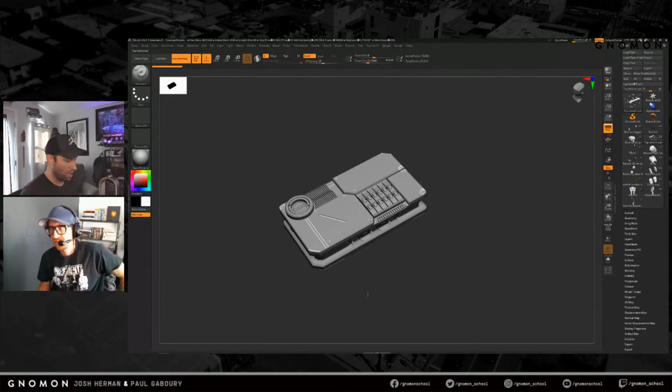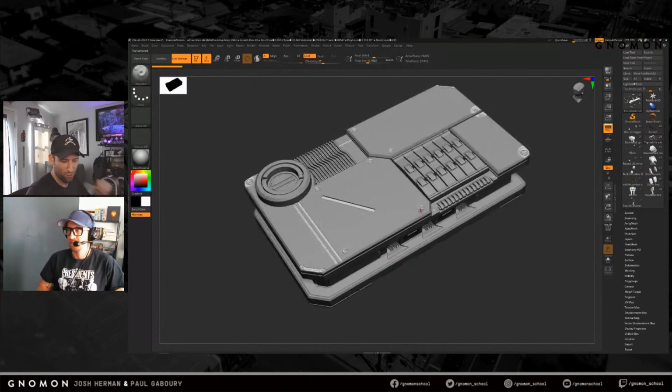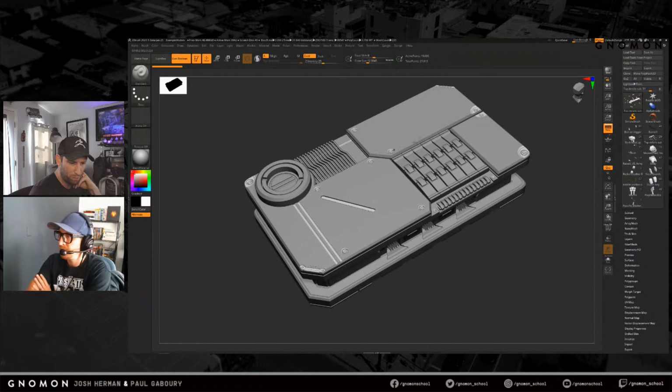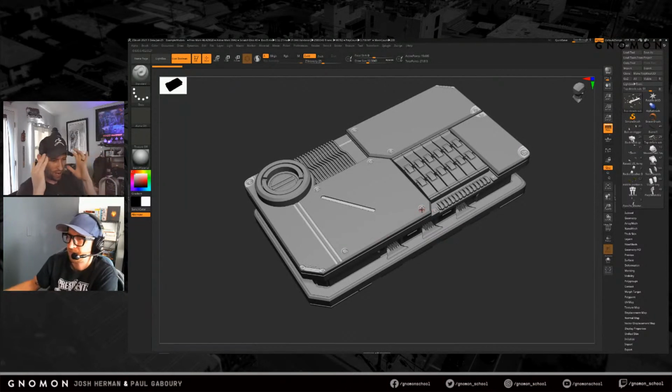Taking this piece as an example, these little screw pieces are one of my all-time favorite tricks. I'm going to show how I did this because it's an awesome trick. Knowing this, I don't wrap my head around the days when